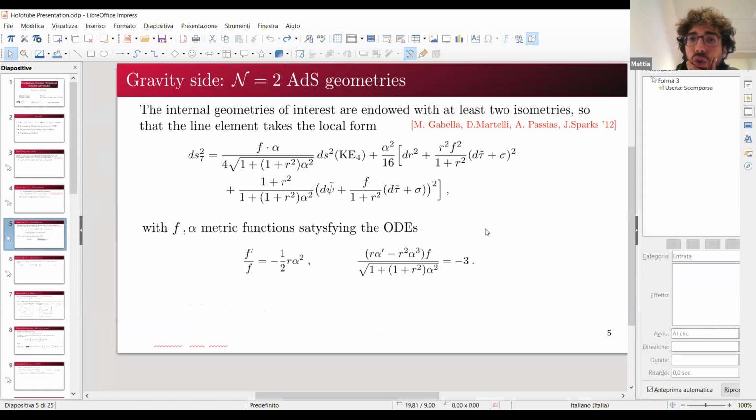So I'm not sure, I don't know how to answer very precisely to your question. I'm not sure whether you can consider a horizon or not. What I can tell you is that for sure the 2 endpoints of this coordinate here become the key for ensuring the proper behavior of these functions f and alpha, so as to ensure first that the solution has an S7 topology, and then of course that it is regular, so that it doesn't blow up in uncontrollable ways. But in these structures, you have metric components that blow up if you're in the wrong coordinates.